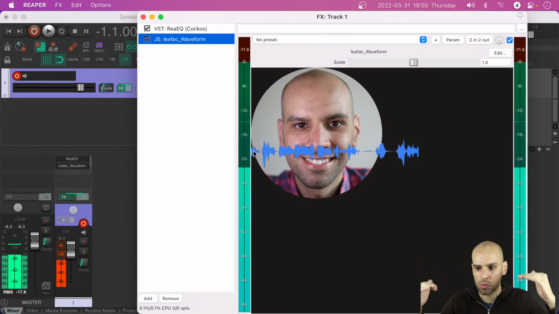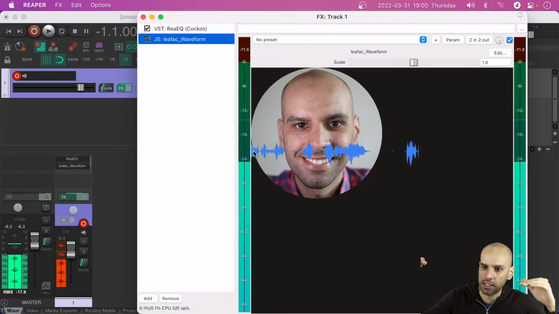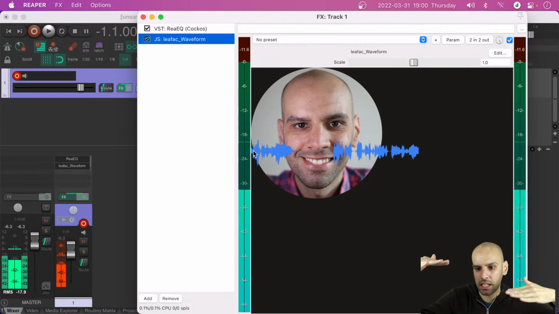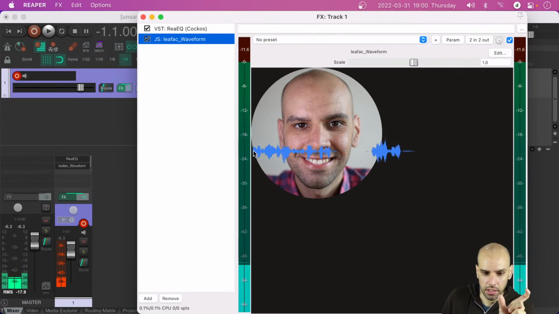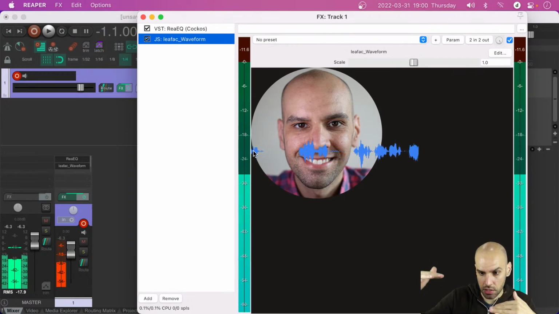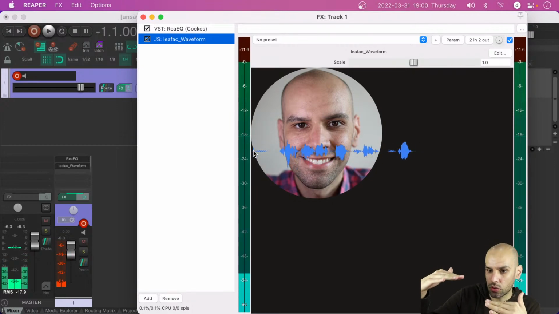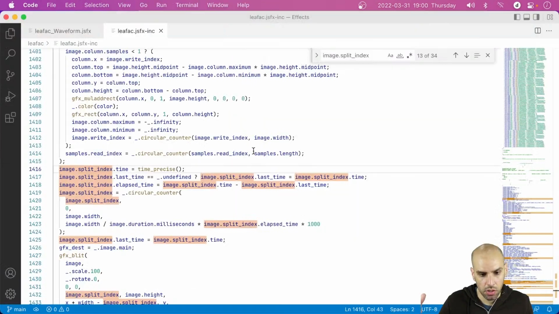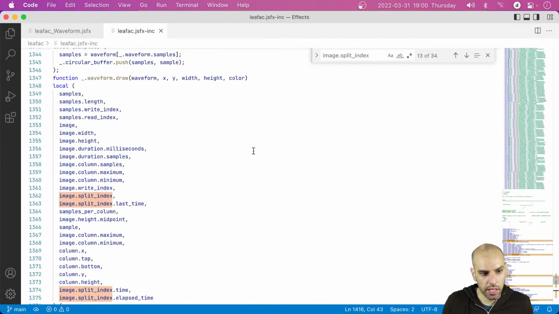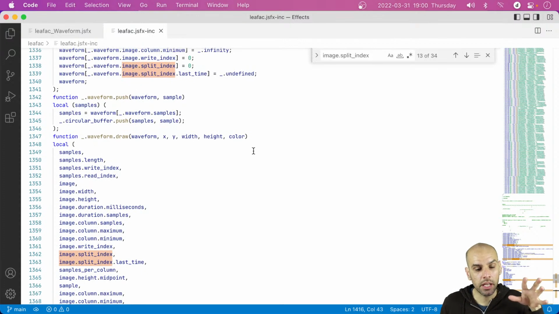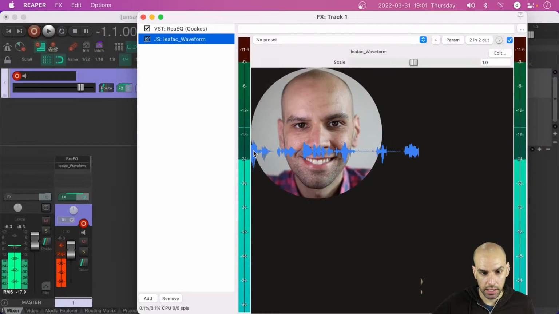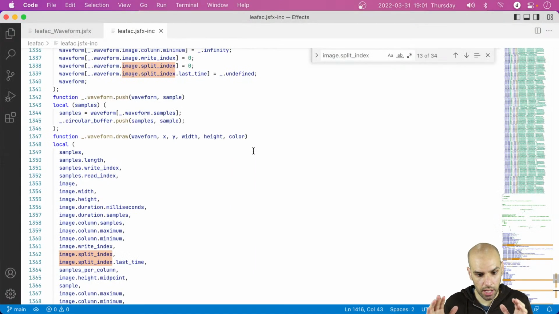So they are always running, I guess the split index is always running behind the write index, trying to catch up. And there is this slice of time in which they are out of sync. We had a similar problem before when we were trying to communicate samples between the sample block, which has access to the samples, and the UI thread, which will use those samples to draw them. We had this sort of issue,